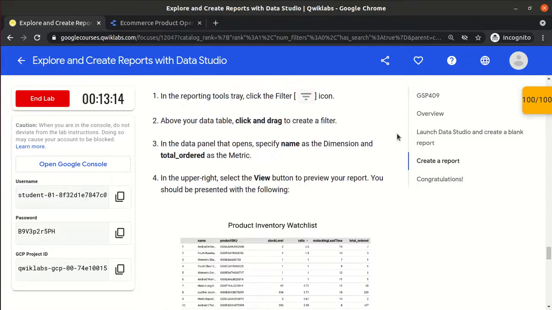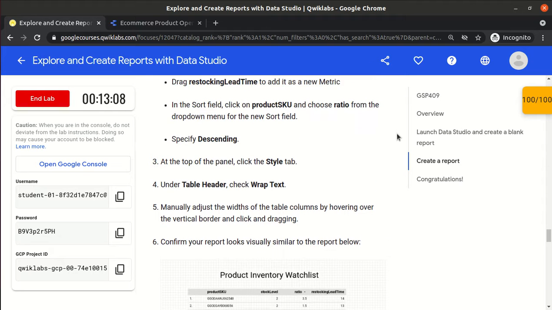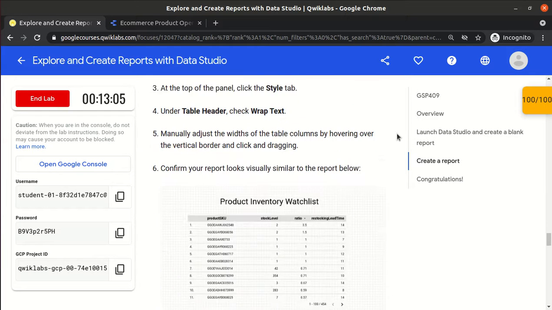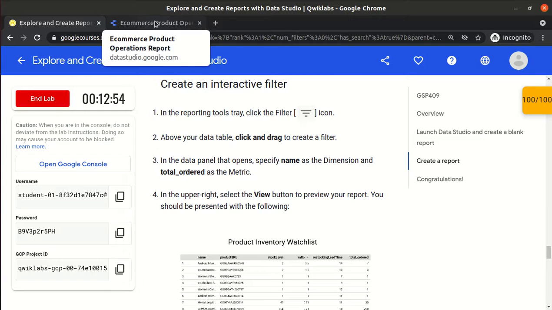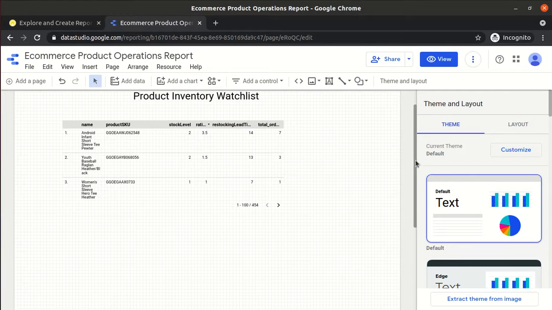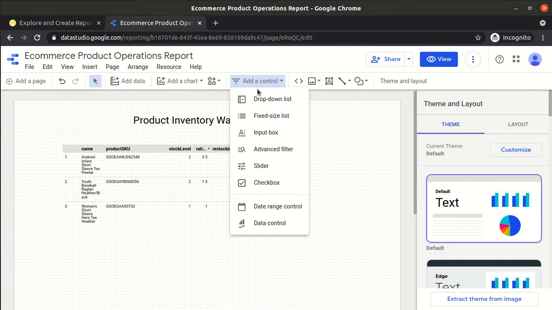Okay, leave this. They just mention click and drag. Click. What is this? Drop down list.